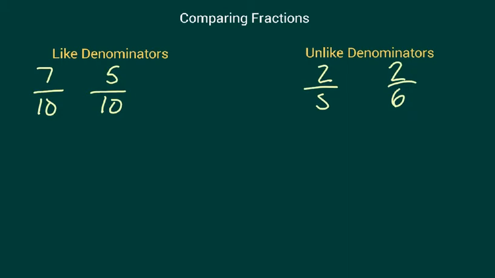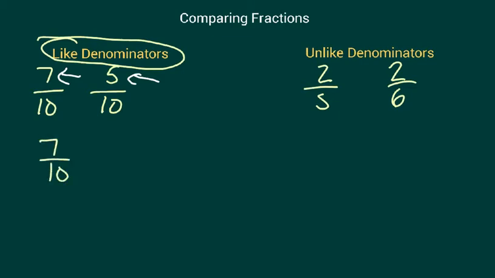So if we are looking at the like denominators, we need to say, okay, the denominator is the same, so I'm going to look up at my numerators. 7 is more than 5, which tells me that 7/10 is greater than 5/10. So now that we've compared fractions with like denominators, we are going to compare fractions with unlike denominators, meaning